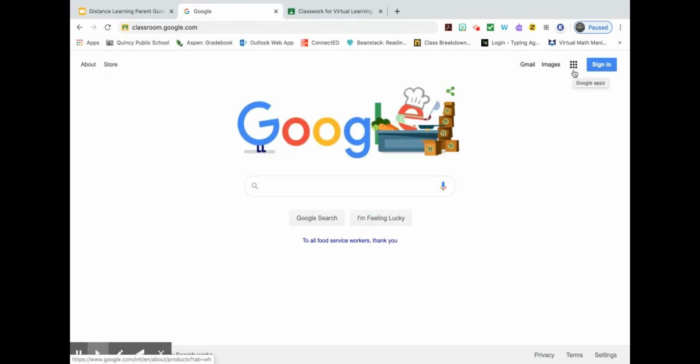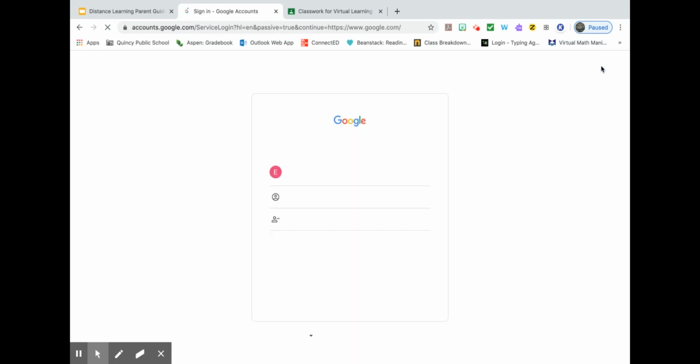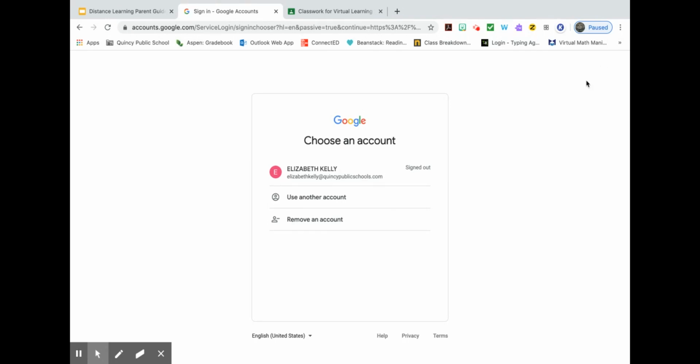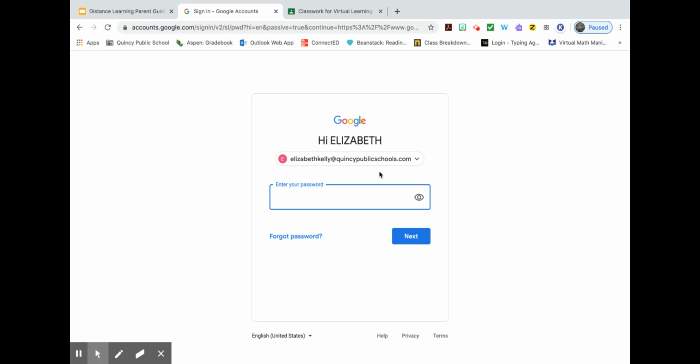So I will be first logging into Google. You can open Chrome or you can use any browser such as Safari or Firefox and then go to google.com. And in the upper right-hand corner, you'll see that blue sign in button. So we click and sign in with your child's Quincy Public Schools email account. This is an 8-digit number starting with 010, and you will also need to type the domain at quincypublicschools.com. You can then type in their password